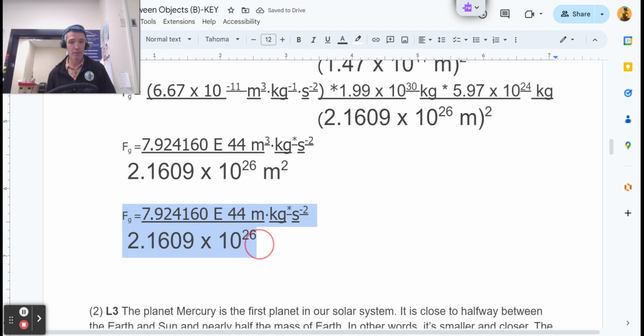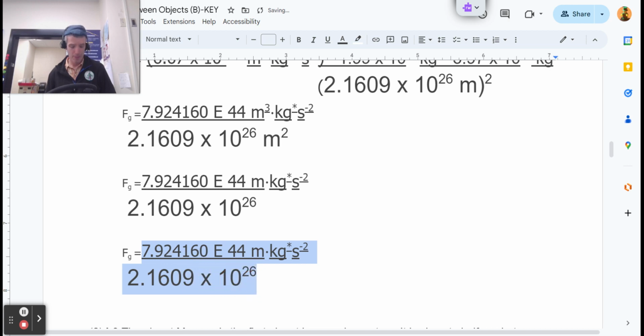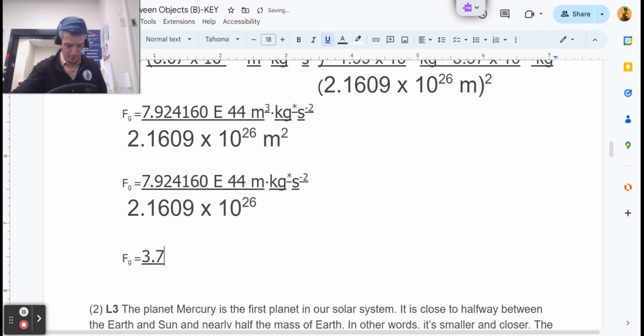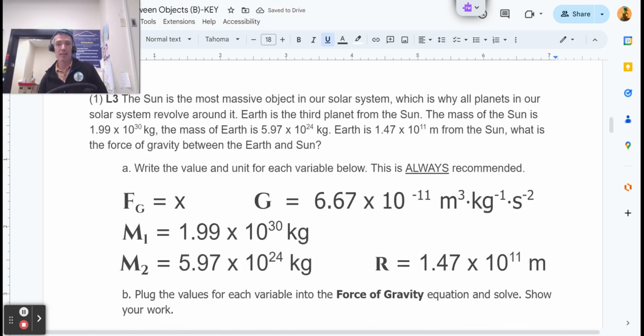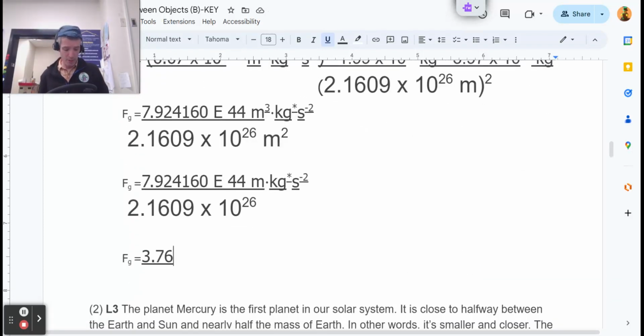And this becomes 3.7. I'm going to round, since these things had 3 numbers in them, I'm going to round my answers to 3 numbers. So that would become times 10 to the